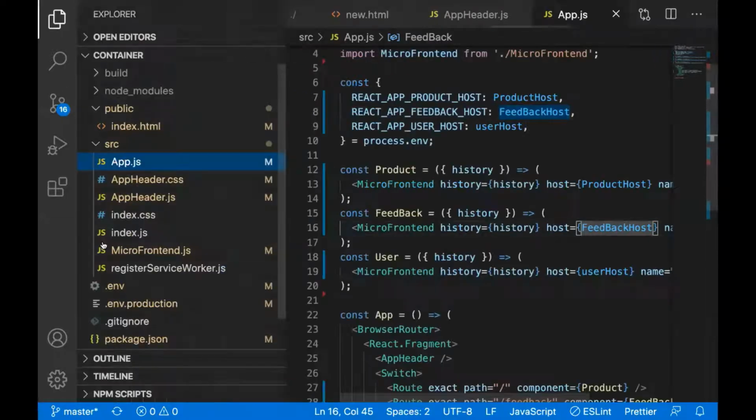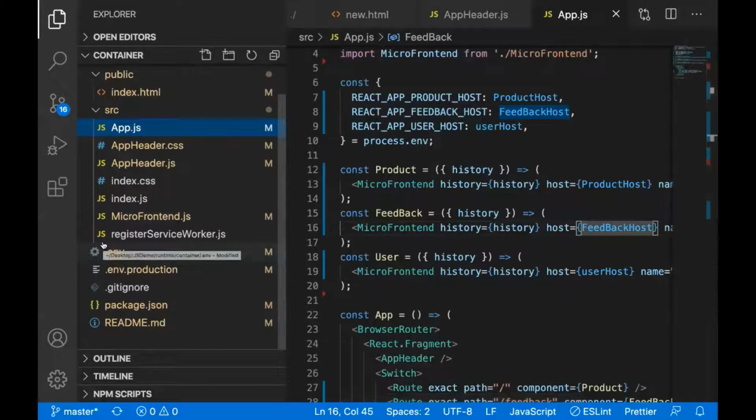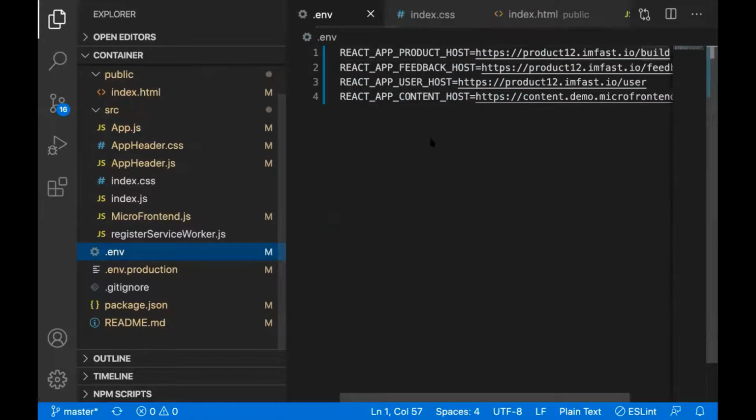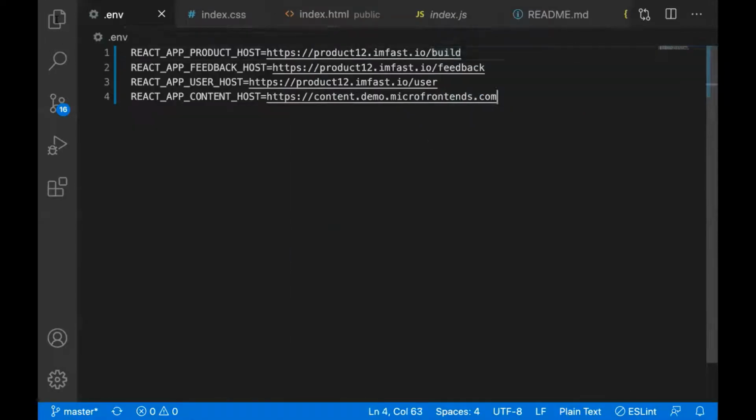Before that, there's also an important topic. As we were saying, every micro frontend has its own autonomous team and autonomous development. As I was just showing you the product micro frontend, that is completely one autonomous project. So when we create some micro frontends, we deploy them to some location.